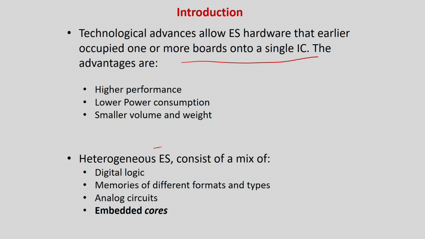But actually these cores are mainly heterogeneous. They can be digital, they can be memory, they can be some other embedded kind of hardware, they can be analog circuits and so forth, and there can also be IP cores. So different natures of cores will be placed on a single die and you have to test them. That is why nowadays embedded system hardware cores are of heterogeneous nature.